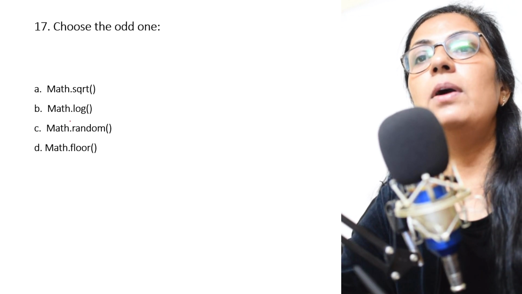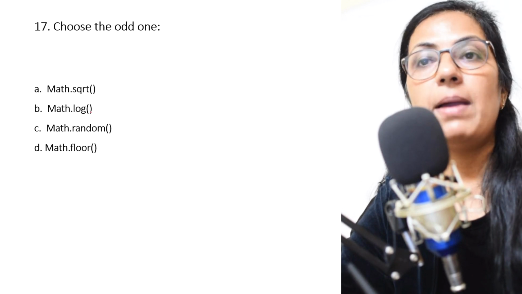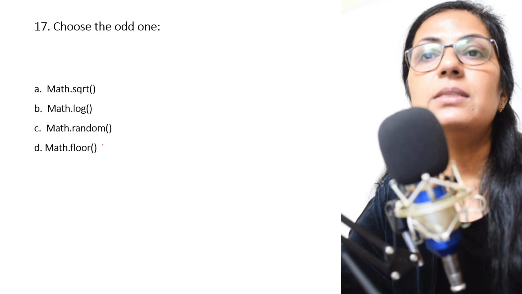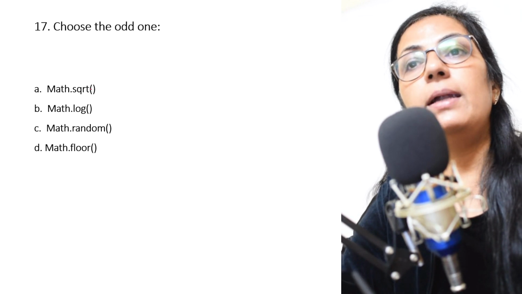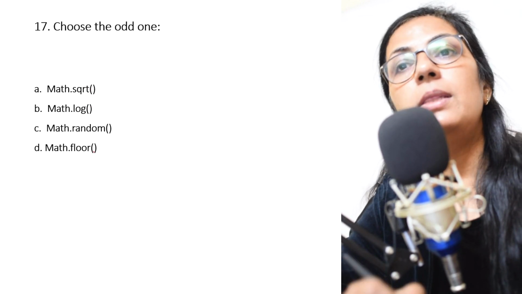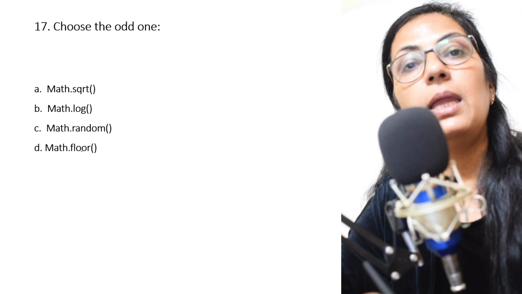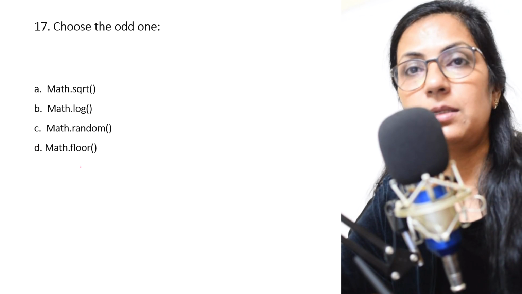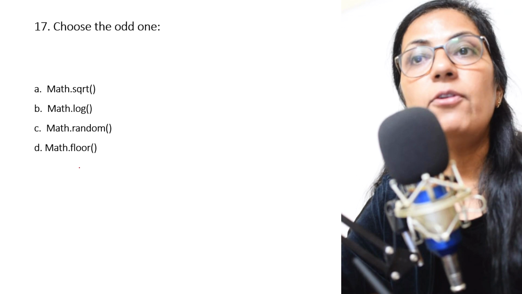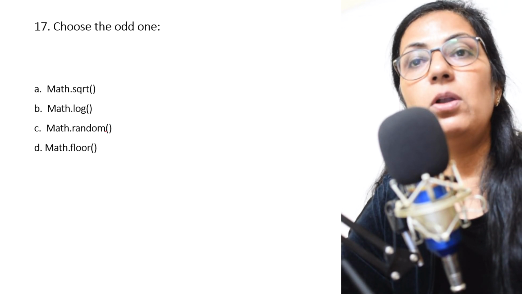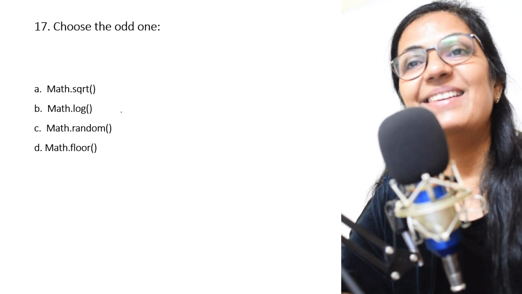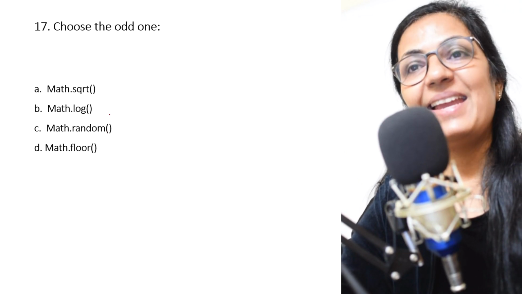Next we have math.sqrt, math.log, math.random, and math.floor. Now here if you check the data type, all these are returning double data type. So that cannot be the criteria for finding the odd one. Now what should be the criteria? What do you think? Yes, children, you are thinking it correctly.